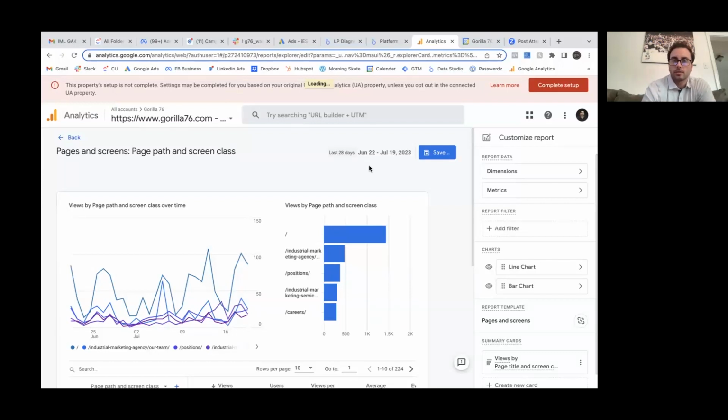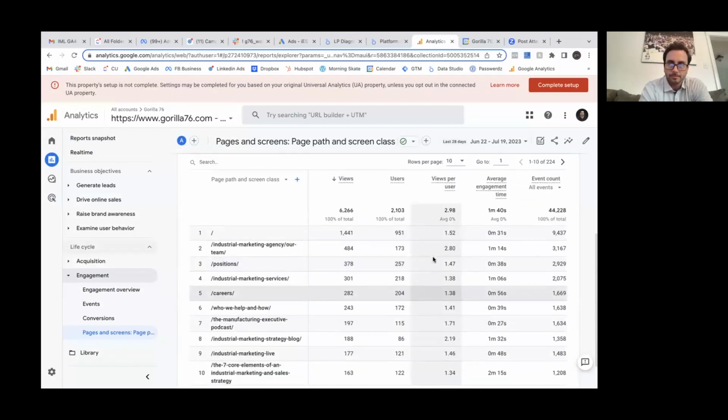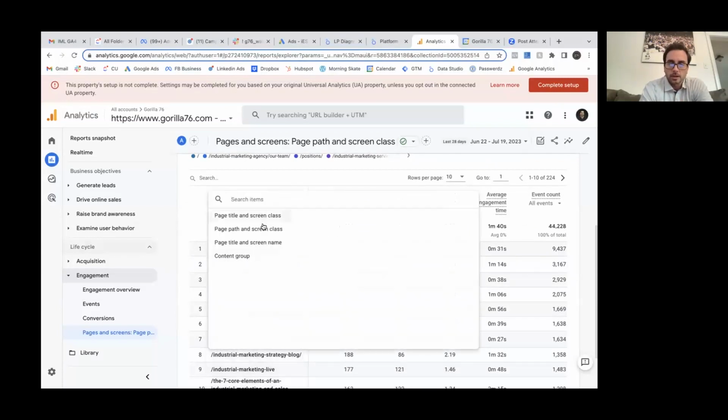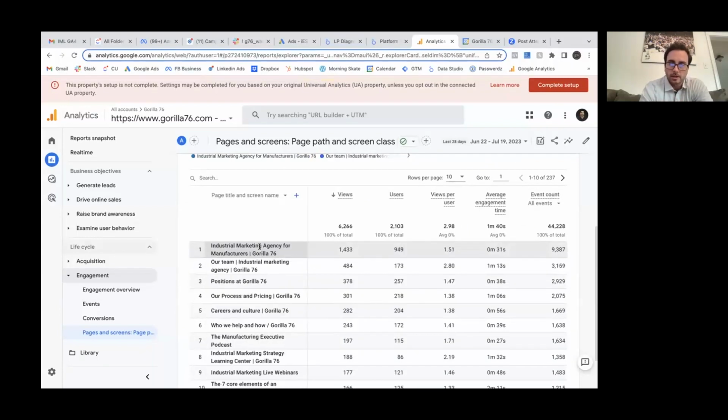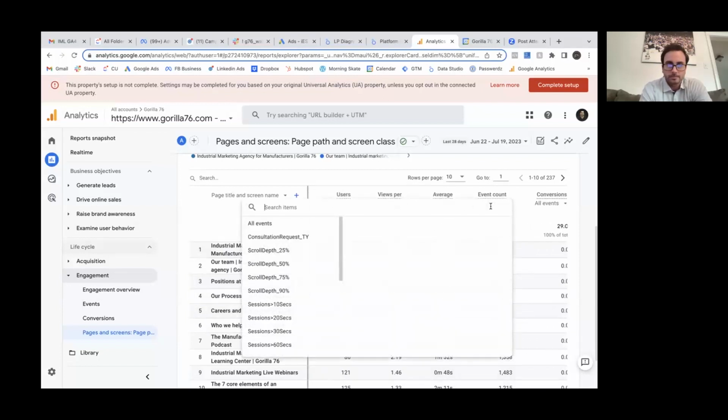For example, if you have a really short landing page that's just concise and has a form, you might not need them to stay on the page that long to convert. But if you have a very long landing page, like let's pretend one of these landing pages has a lot of content on it, it's going to take them a couple minutes to read. So if you can show them, hey, on average, they are staying on this page over a minute long,